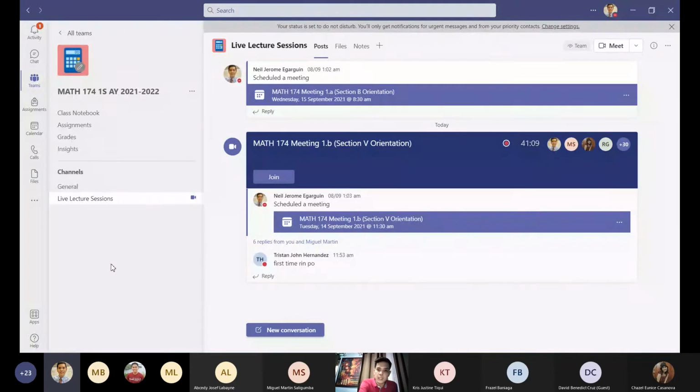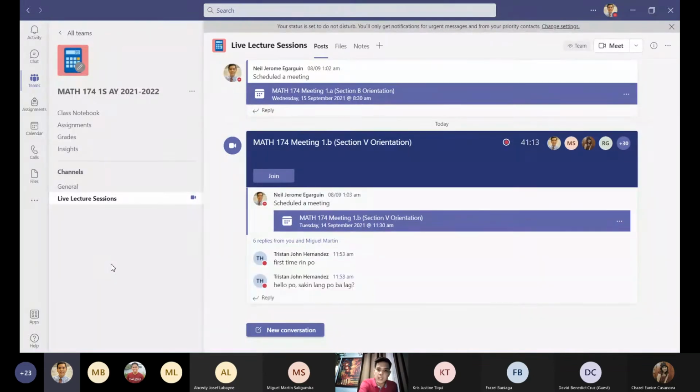I usually want students to message me on chat rather than on Messenger, because Messenger messages might go to spam. And the feedback is more immediate. You can send me a chat any time of day.